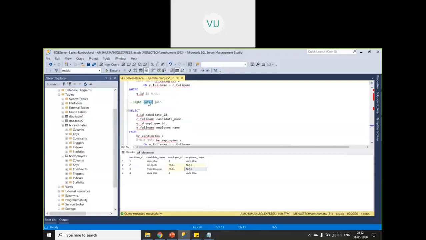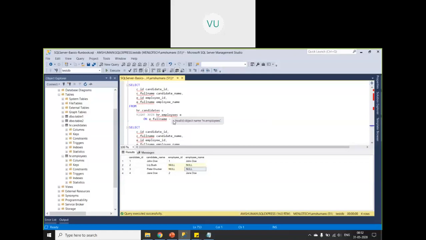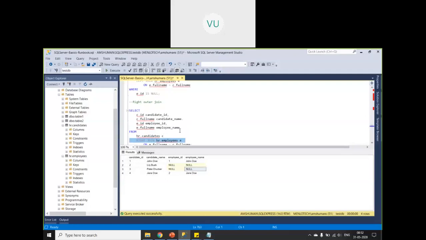Similarly, right outer join. That means whatever table is to the right side of your join statement, it works the same as left outer join but is applied on the right table. From the employees records, whatever is not matching this particular condition, even those records will be sent back in the result set with null as placeholders in the columns of the first table.